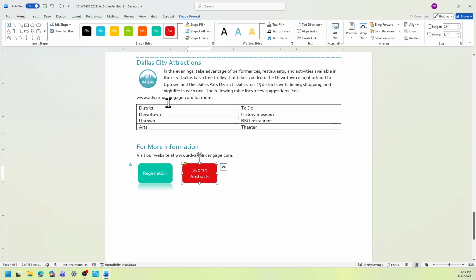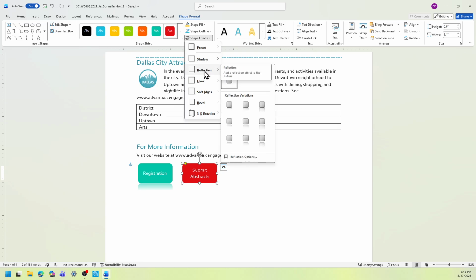Click it once. And then looking for the tight reflection shape effect. Shape effect is still under the shape format shape style group. There's the shape effect drop down menu. Select the drop down menu, and we need the reflection.